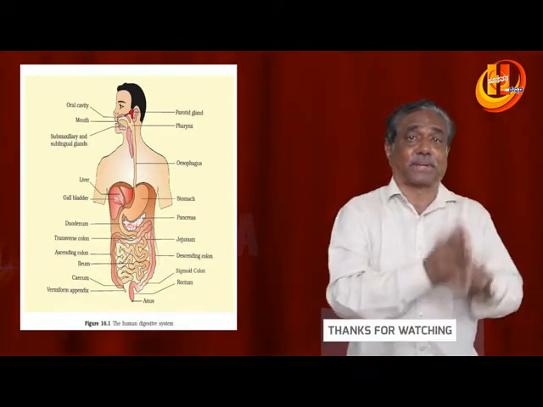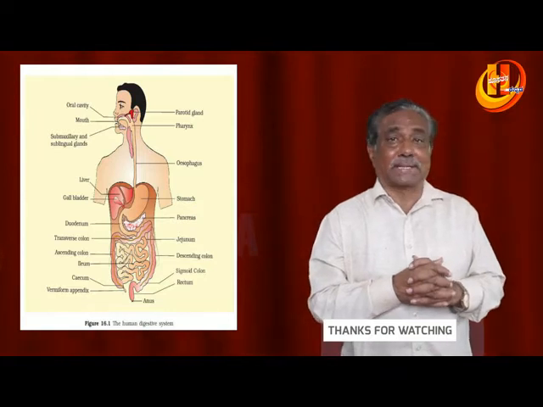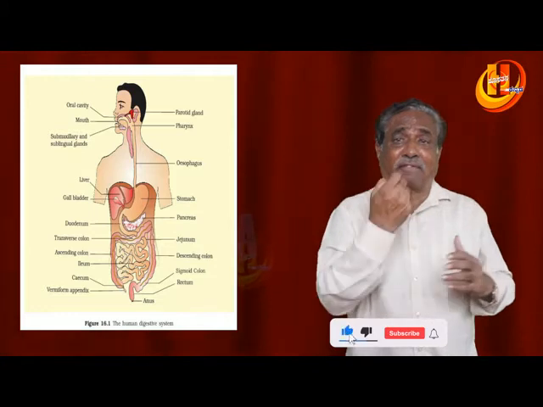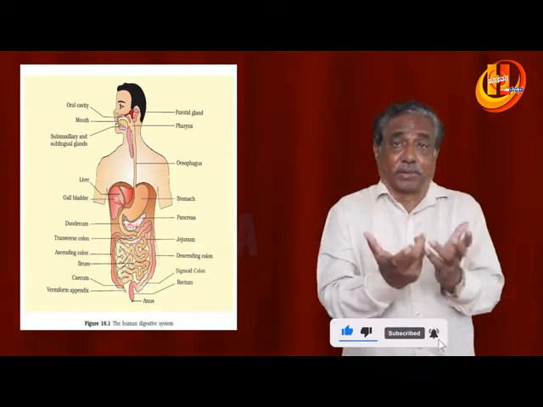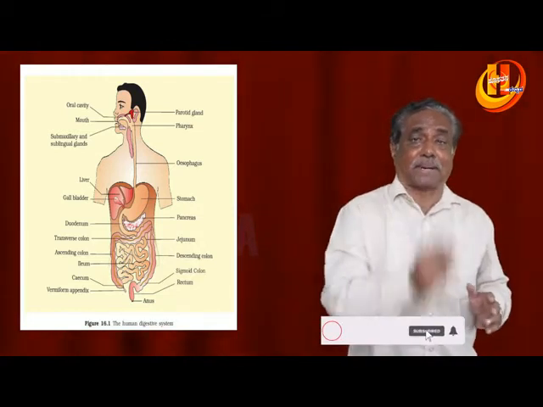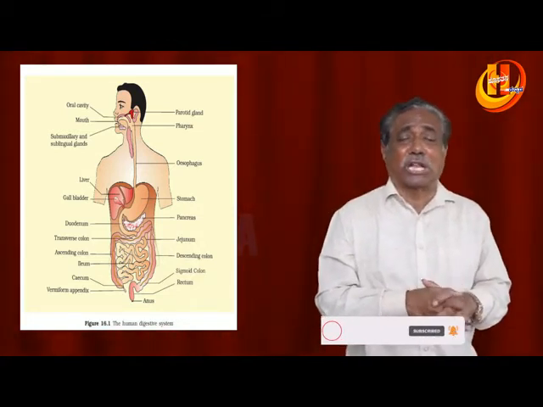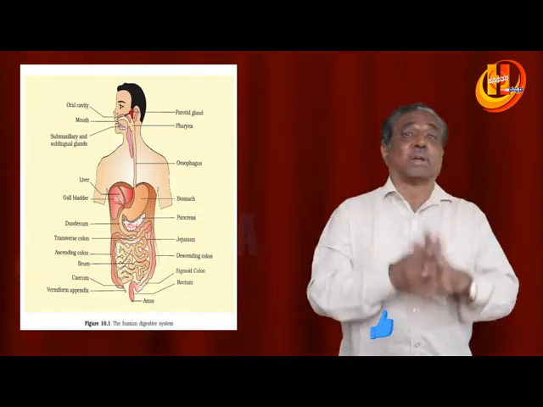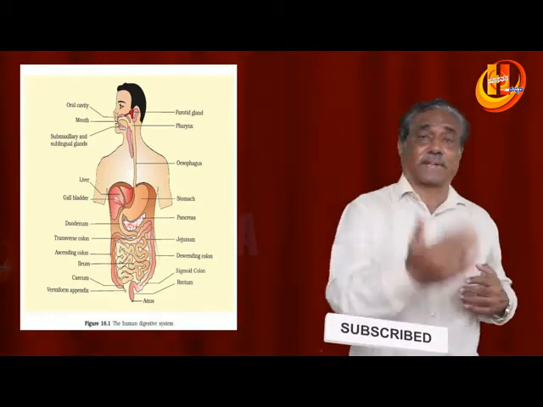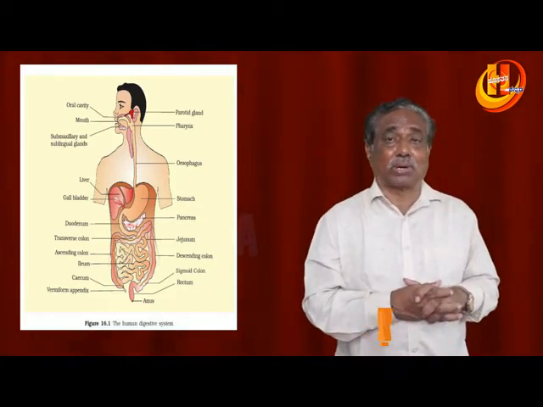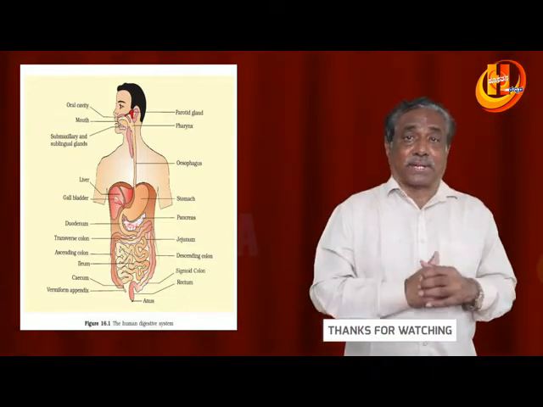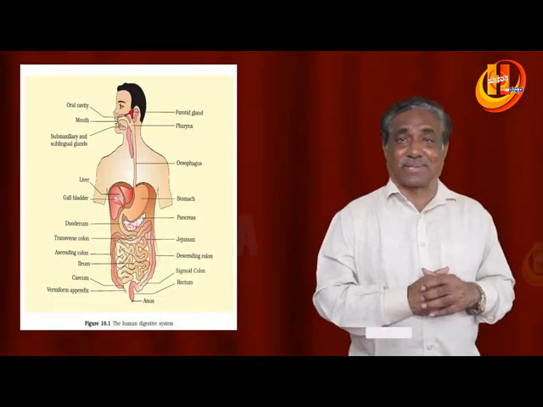Cholesterol and phospholipids are present in the bile juice, and it is the bile salts that play an important role in the splitting up of fats into small particles, converting them to a soapy mixture, called emulsification of fats. So it is the bile juice which plays an important role in emulsification of fats, and also in the solubility of ADEK vitamins, that is the fat soluble vitamins. That is about the role of the bile juice, whereas the pancreatic juice secretes many enzymes